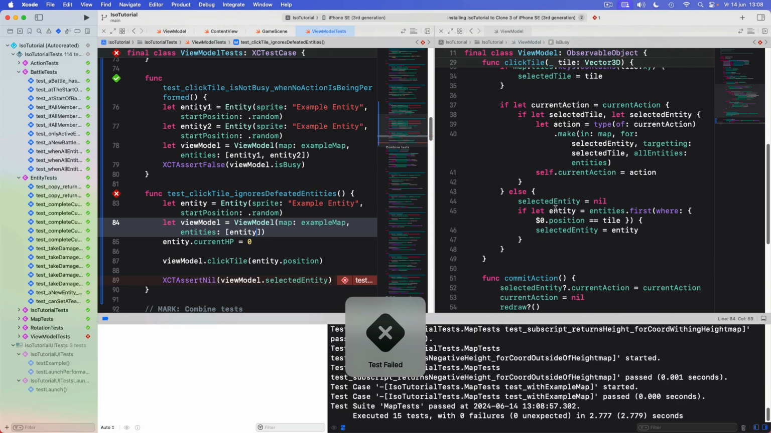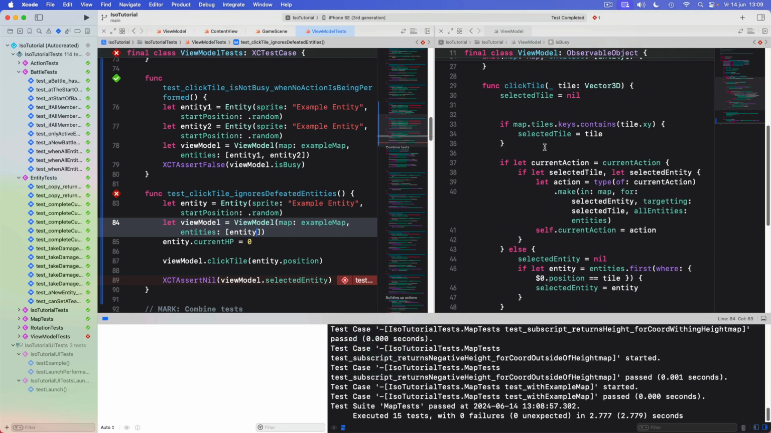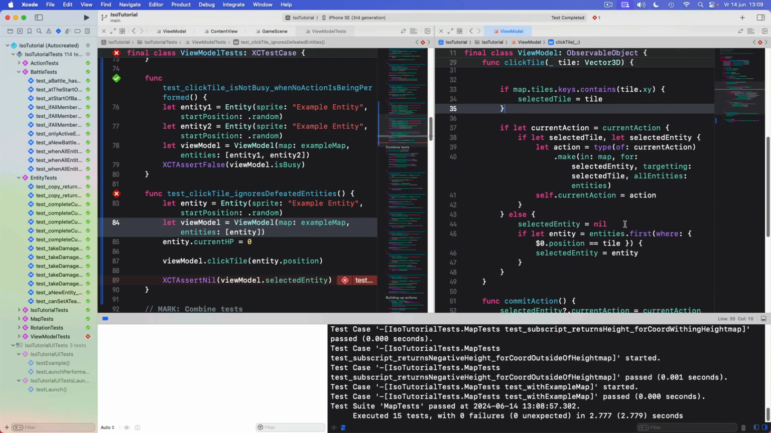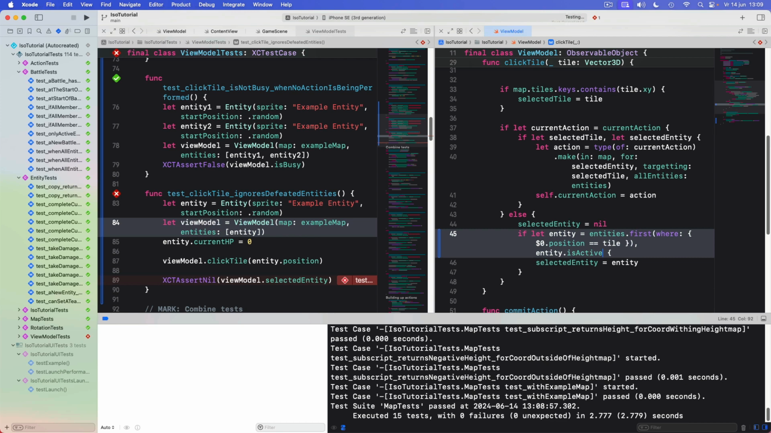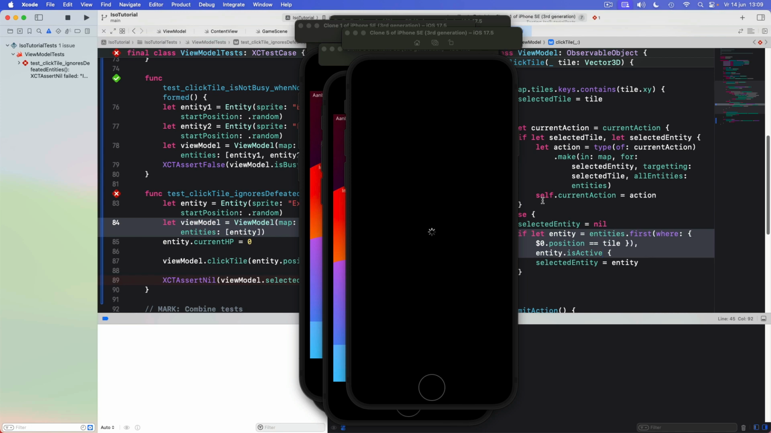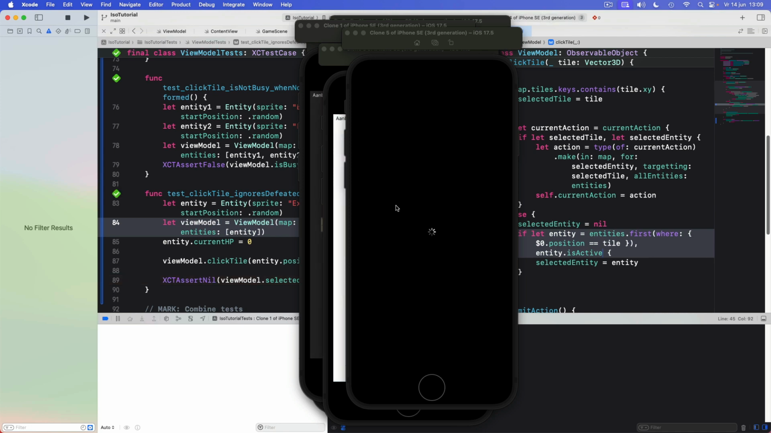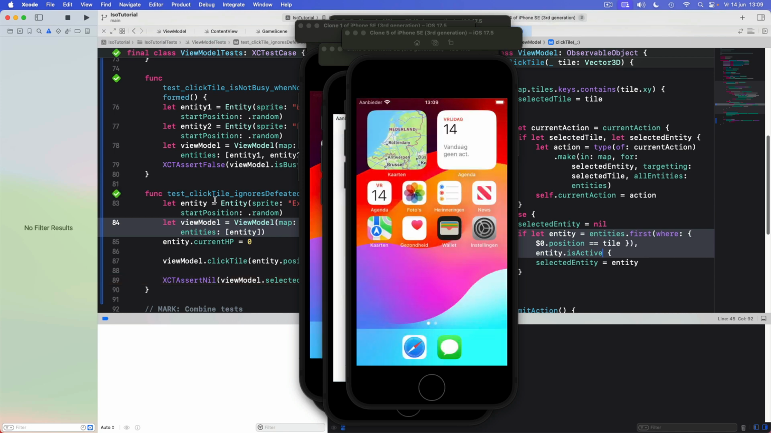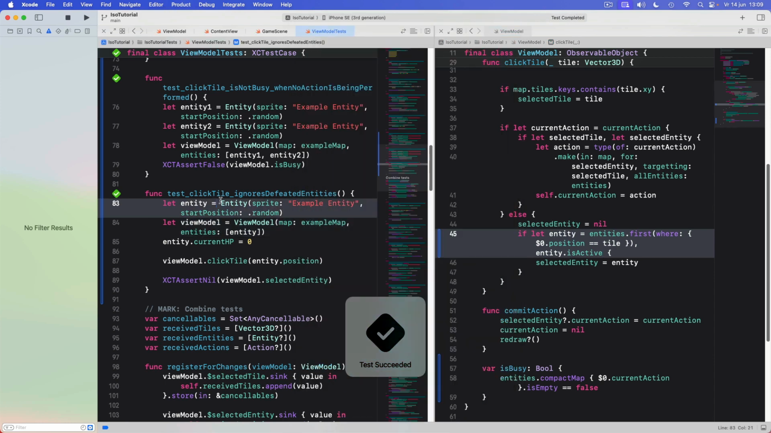They fail, but if in our click tile, where we're checking to find an entity at a position, we also check that the entity is active, then now the test should pass. And also if we do our manual test,